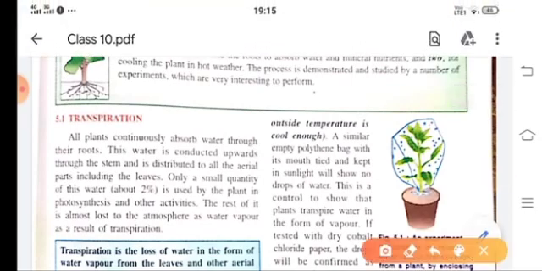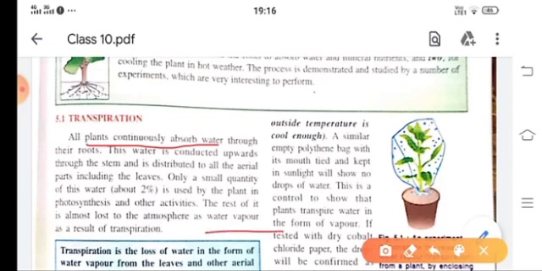You know that plants continuously absorb water from the soil by their roots. Now this water is conducted upward in the stem and other aerial parts of the plant. Only some amount of water is utilized by the plant in activities like photosynthesis and some other activities, and the rest of the water is lost in the atmosphere in the form of water vapor.